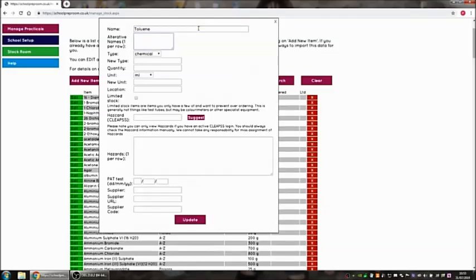and we have an alternative name for toluene, which I'm going to add there. I could add a number of different names there if I wanted to. It's a chemical, so I'm going to leave that as chemical, and I'm going to imagine that I have 100 mils of toluene. The location is just going to be in the store,